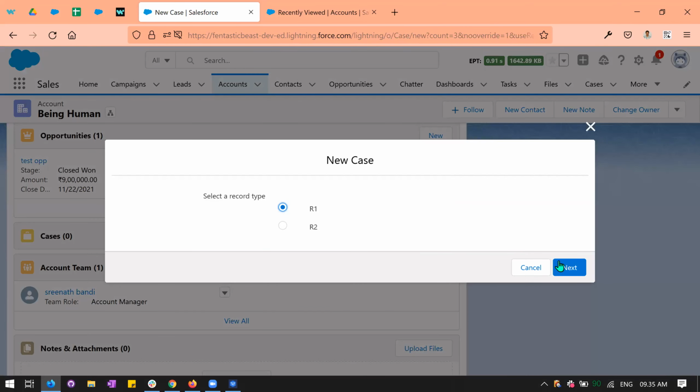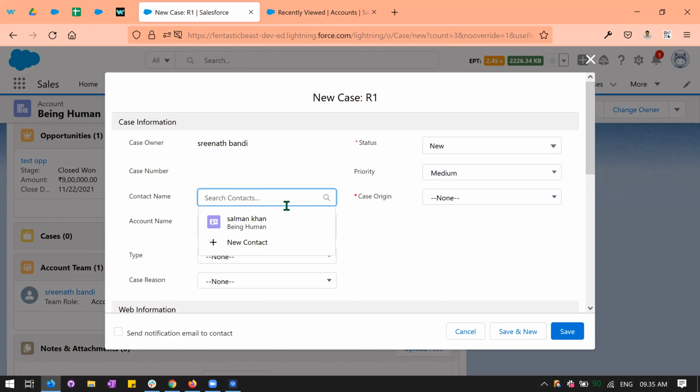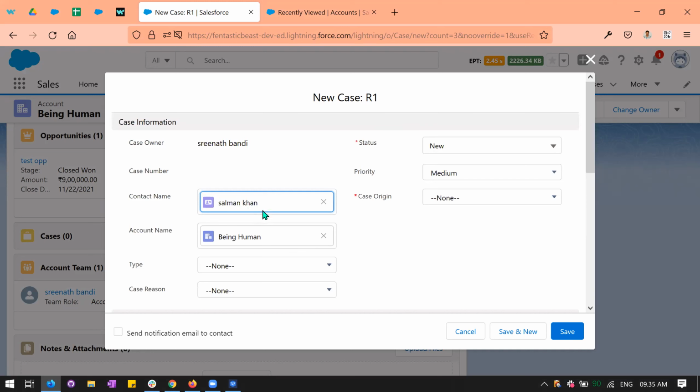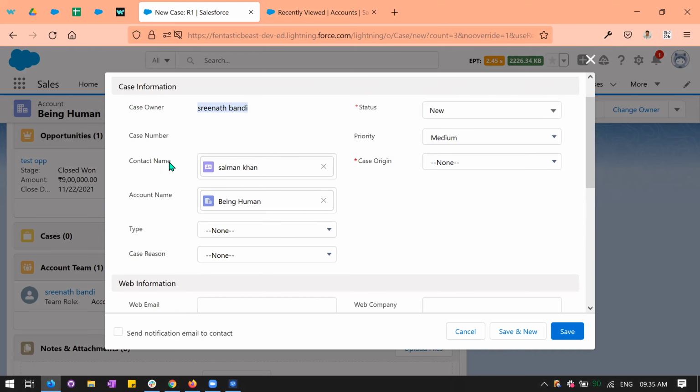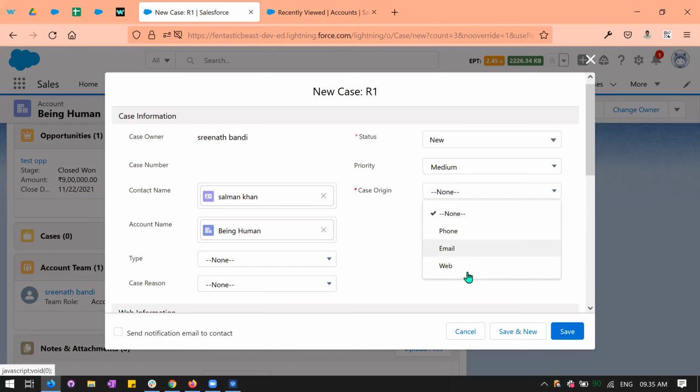It can be of R1 and R2. Like this is completely manageable. Let's not worry about the record type. So he'll just mention that this contact reached out to me. Case owner is myself, as in the account manager of this contact. So I'll just say this contact reached out to me, which is related to this account, and is trying to report a new case,